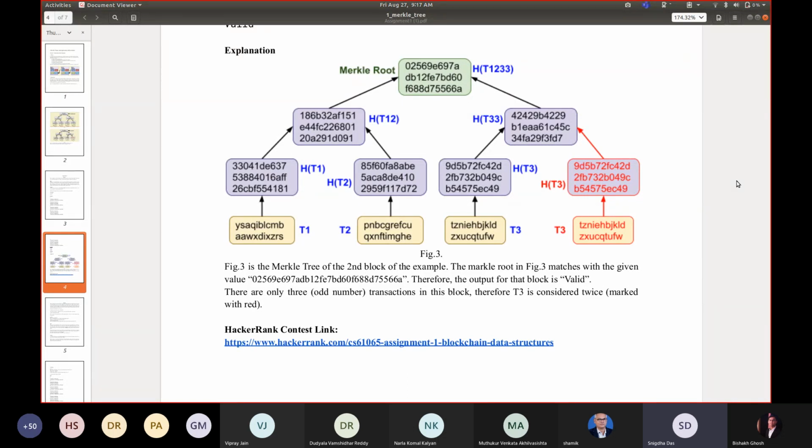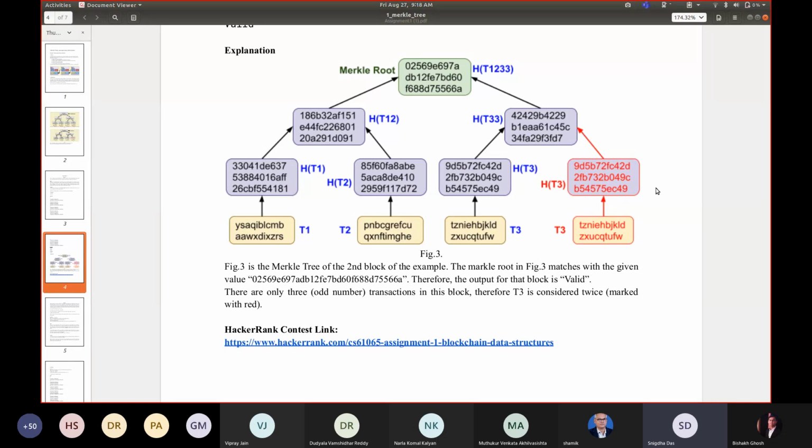So we create the hash of t1 and t2 combined, and for t3 we duplicate t3 and hash t3 with t3.